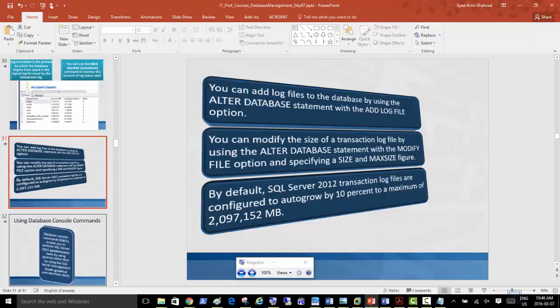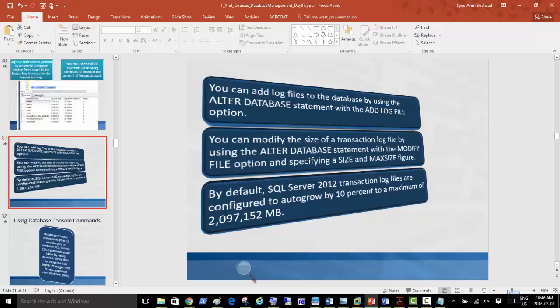If we go further, you can add log files to the database by using the ALTER DATABASE statement with the ADD LOG FILE option. You can modify the size of a transaction log file by using the ALTER DATABASE statement with MODIFY FILE. So we can alter the size of the log files, for example, create only 4 MB log files for the activity that is going on.